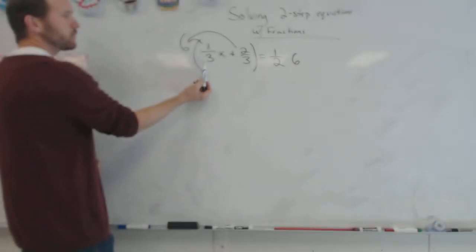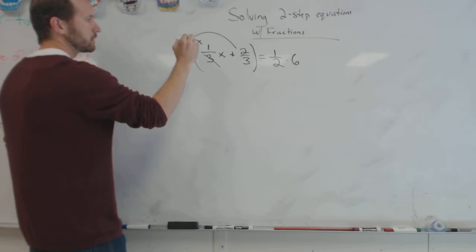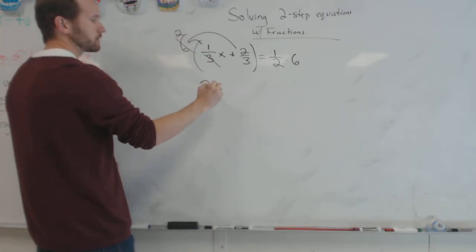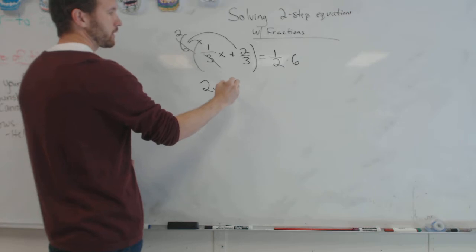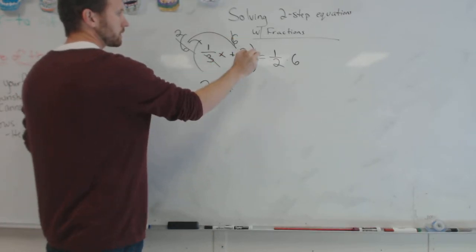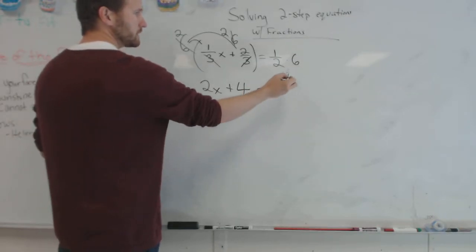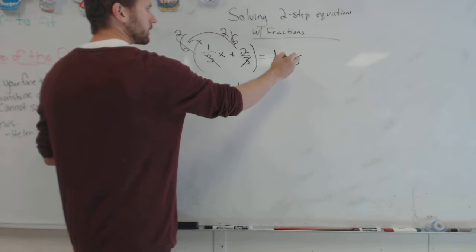Multiply this side by 6 and this side by 6. 6 times 1/3 x is? The 6 will be a 2, so that would be 2x. And then 6 times 2/3 would be 4. Very good. And then 6 times 1/2 would be